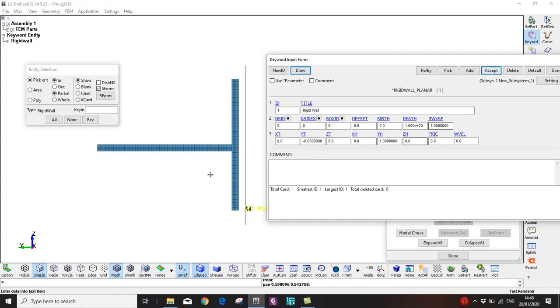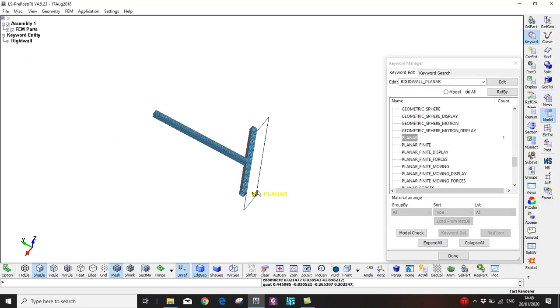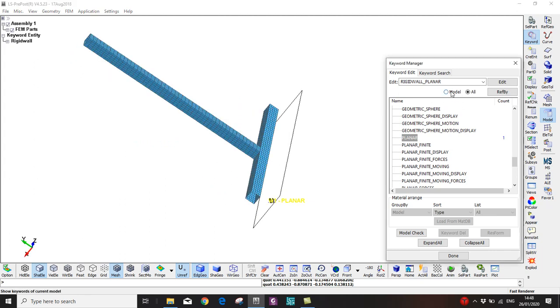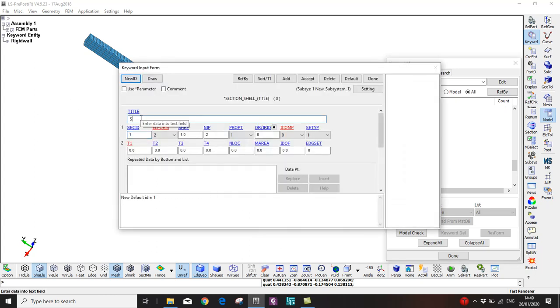Accept. Now it shifted this direction. Accept. Done. Alright. Now I want to define the thickness of this structure. I go to all, go to section, go to shell. Now shell section, here I make it 0.83, which is 5 over 6, and then the thickness, I can make it, this is 10 cm, I'll make it